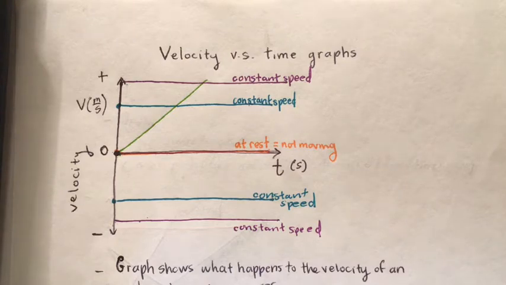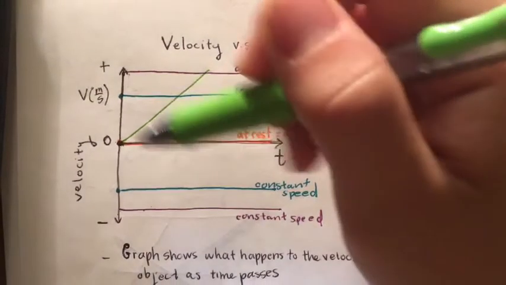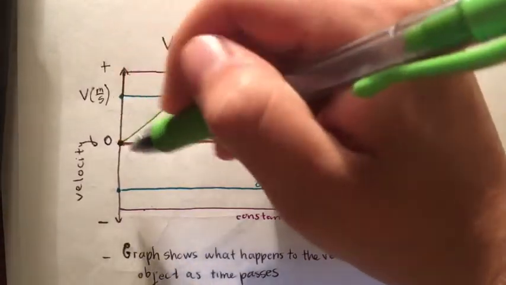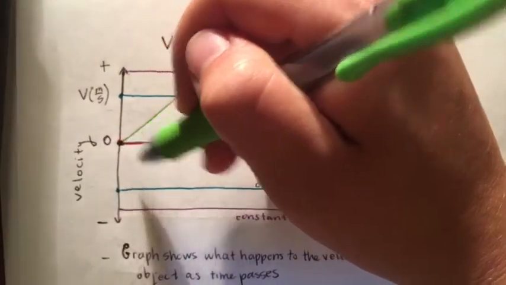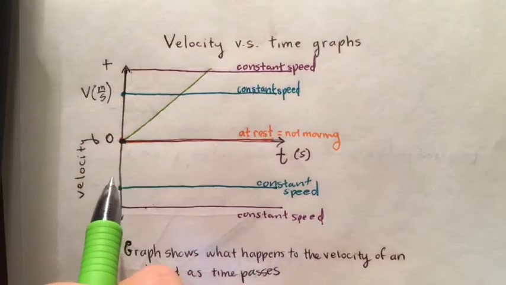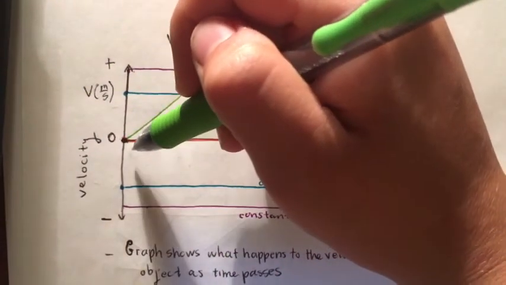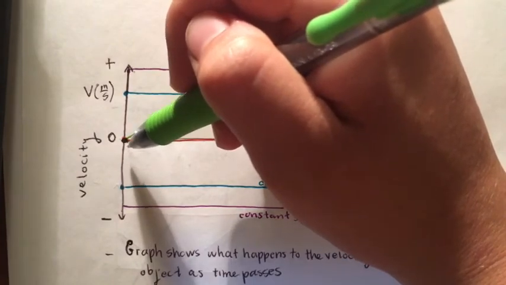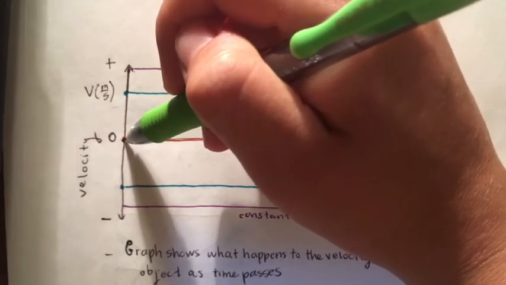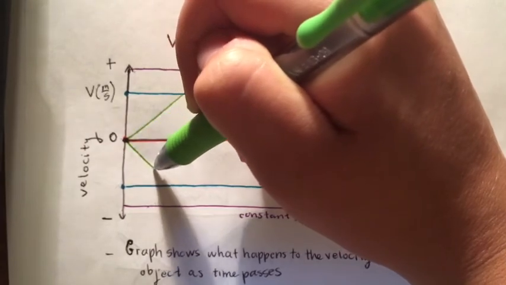What about the direction? In which direction is their speed increasing? Well, the person is moving in the negative direction, which means their velocity is in the negative direction, which means their speed is increasing in the negative direction. They are getting faster and faster in the negative direction. So our graph is going to be a diagonal line. Our velocity is not constant. They're not moving at a constant speed, so no horizontal line. The velocity is getting more and more negative as time passes because they are moving faster and faster and faster